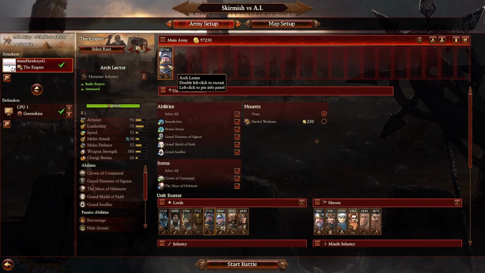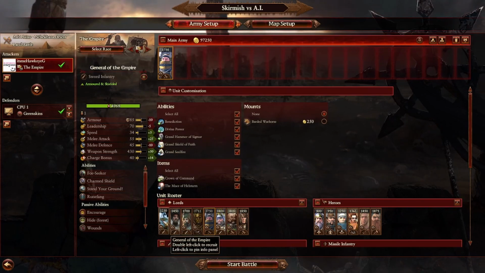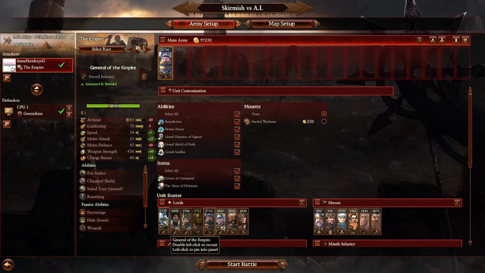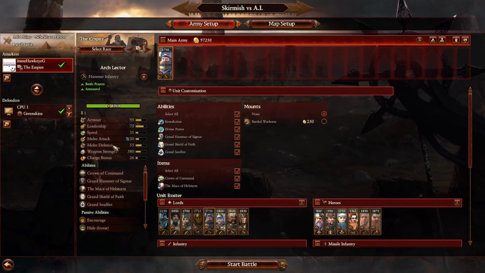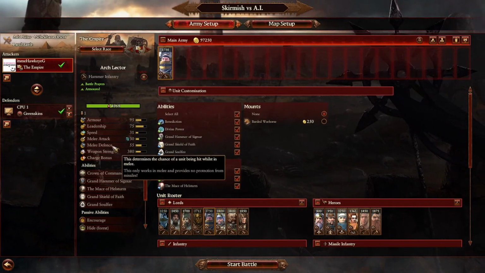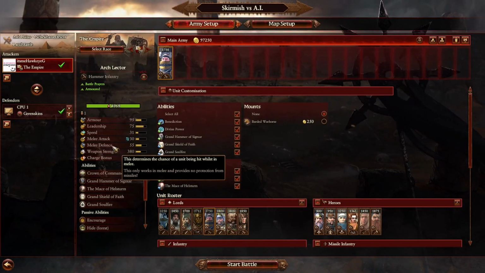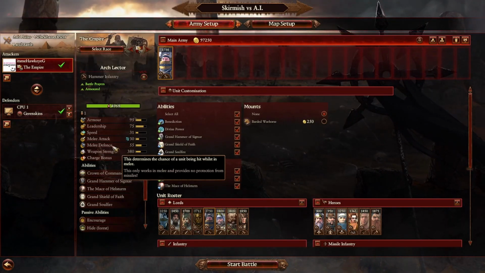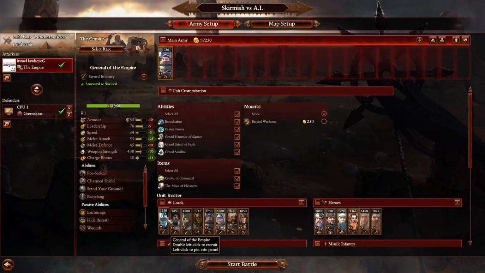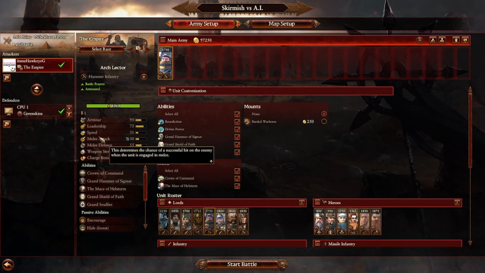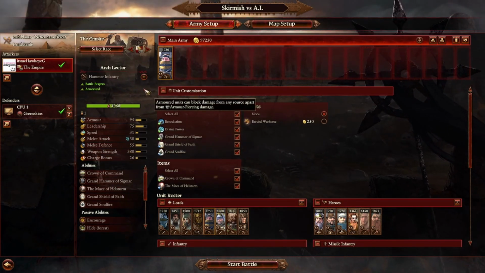Their stats typically won't quite measure up to what you'd expect on a normal melee lord, however. We can see this if we compare it to the General of the Empire, who has much higher melee attack. The general has a little worse melee defense, but that's kind of your clue, right? The support characters often have better melee defense than the increased melee attack that we see on a lot of the lords. Again, there are certain exceptions for certain races,